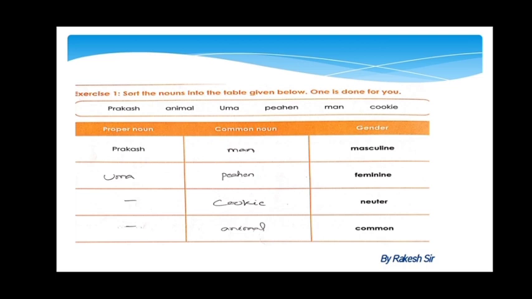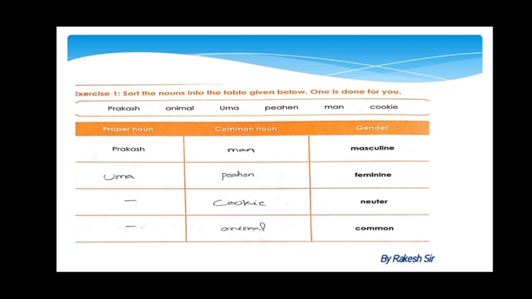Prakash refers to a male person. As I said, masculine gender refers to male, feminine gender refers to female, neuter gender refers to non-living things, and common gender refers to both male and female. I recalled it for you. Now let's move on. After Prakash, I will come to the animal. Where will I put animal? I will put animal in the common noun, that means common gender,